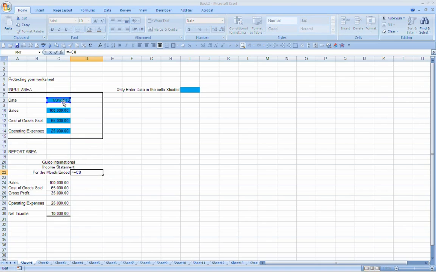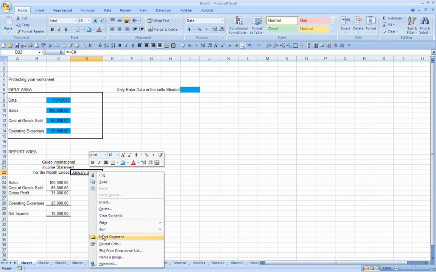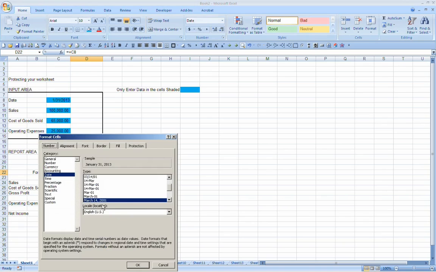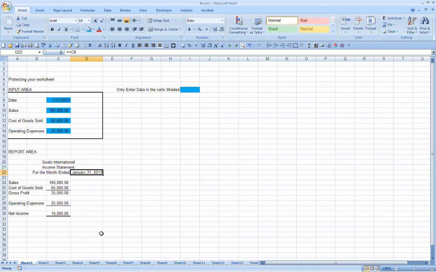Even the date pulls from up above, and all I did was right click on it and go to format, change the format so that it is spelled out in words, and in the cell next to it I hit right-hand justify so that these two line up next to each other, and it looks pretty good. Quick, simple, dirty, but it works and it looks pretty good. Real quick, I'm going to create some percentages here. I'm going to do a little vertical analysis, lock my cell references to sales,